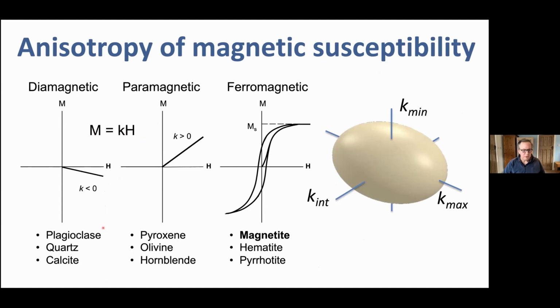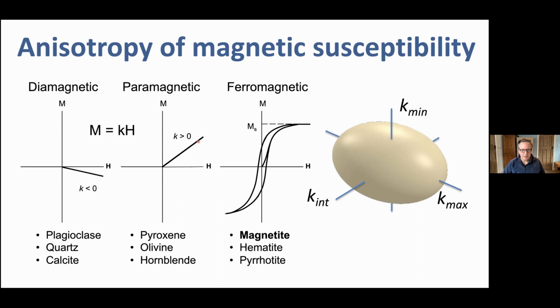So some minerals that have got no real iron in their chemistry have what's called a diamagnetic response, which is a very weak magnetic response. Others, like pyroxenes, olivines, and hornblendes, which have iron in their structure, have what's called a paramagnetic response, which is much stronger than this. Okay, so as you apply a magnetic field, the magnetization gets larger, and the gradient of this